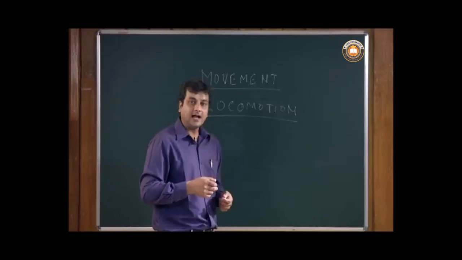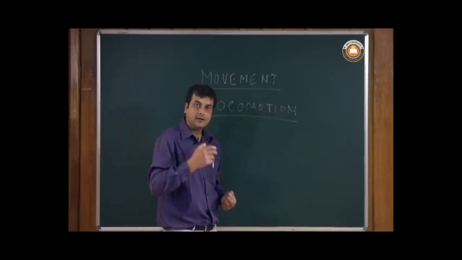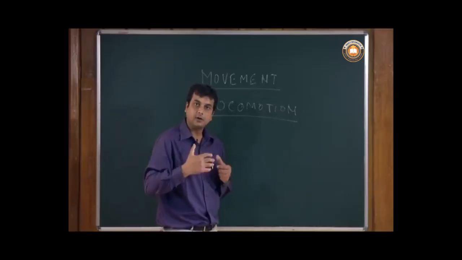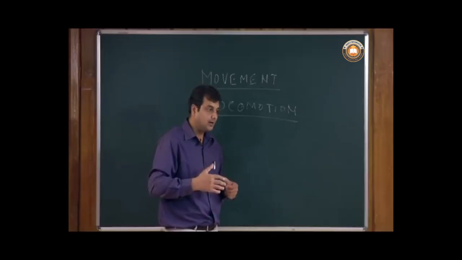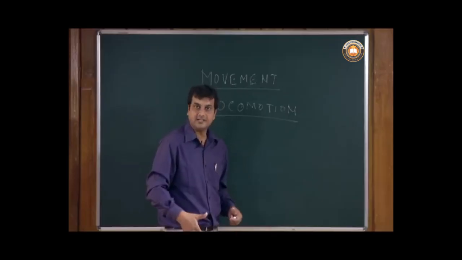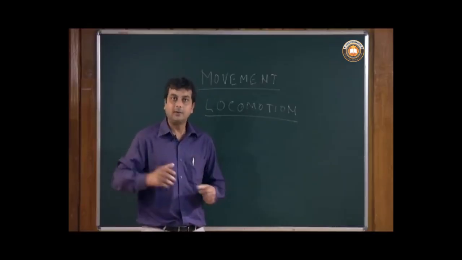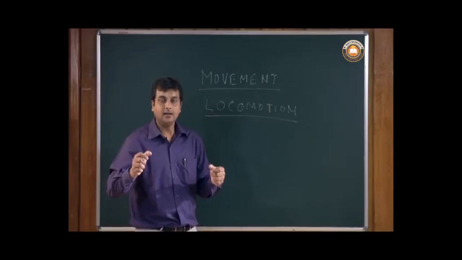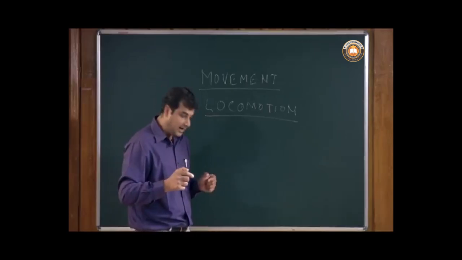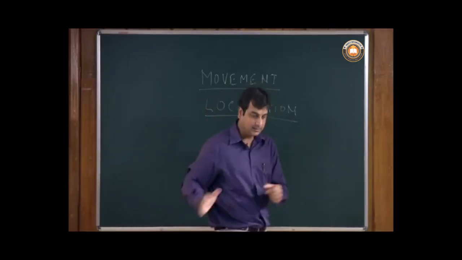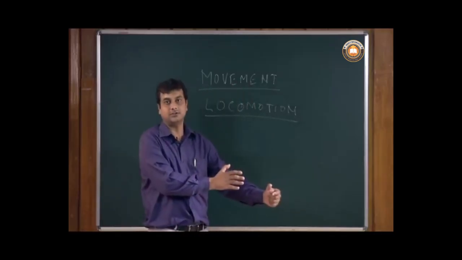What is the actual aspect of locomotion in the human body? We have feet, we have our legs. If we are standing, there is no locomotion, but we may be doing some movement with the hand. But once we start walking, we have changed the position from one location to another, then we call it